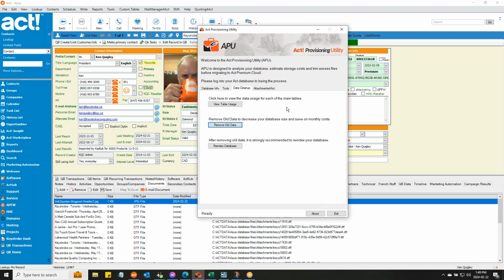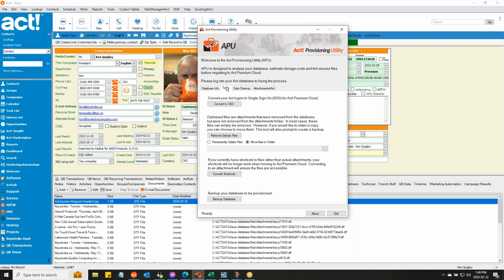So then you've got the re-index database. Obviously, anytime that you clear out a lot of data, you want to re-index, make sure that it's running efficiently. Okay, also that's going to reduce the size of your ALF file, your log file, which again is going to be the size of something that you pay for. Okay, the last step, and this is something that causes people the most grief,